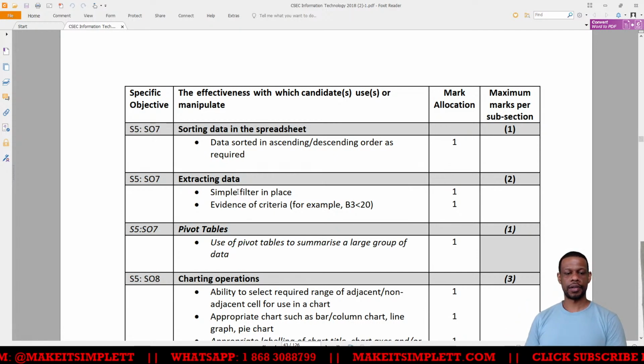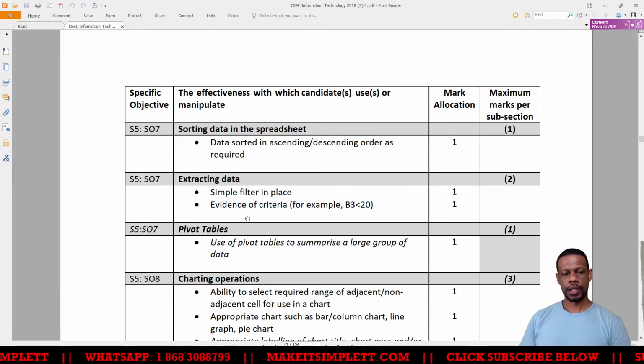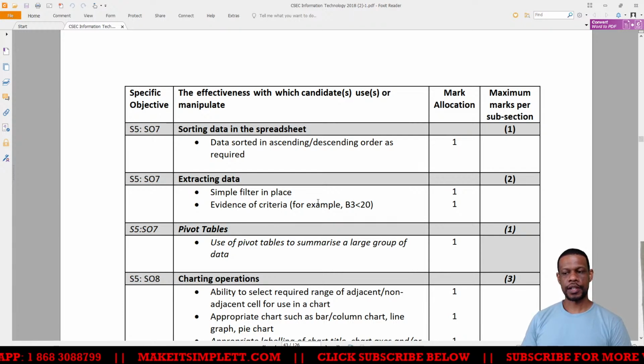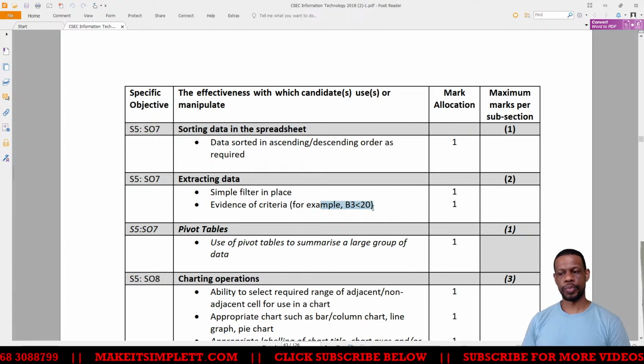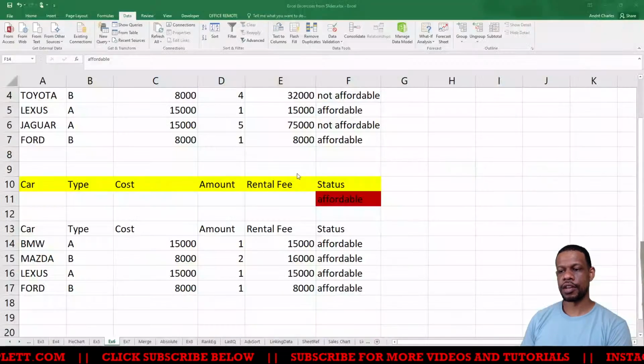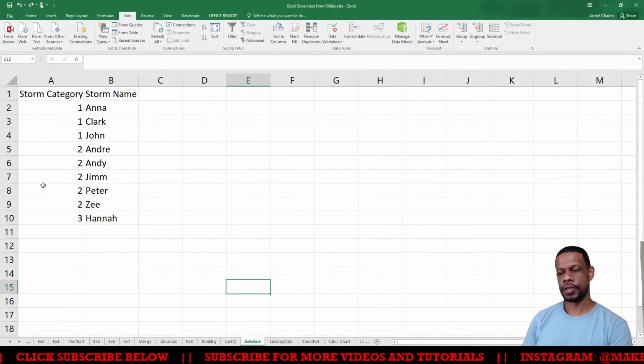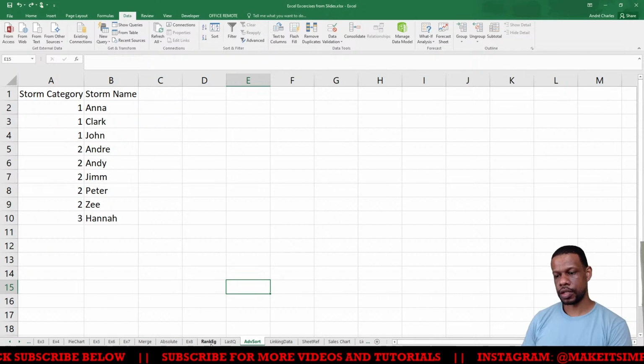clearly. Good. Right. So as I was saying, you can do a count if and pull out information, and that will be counted as extracting data also. So some SBAs won't ask you to do the advanced filter. Some of them will ask you to just do a count if, right? So you could do a count if, and the count if will look like